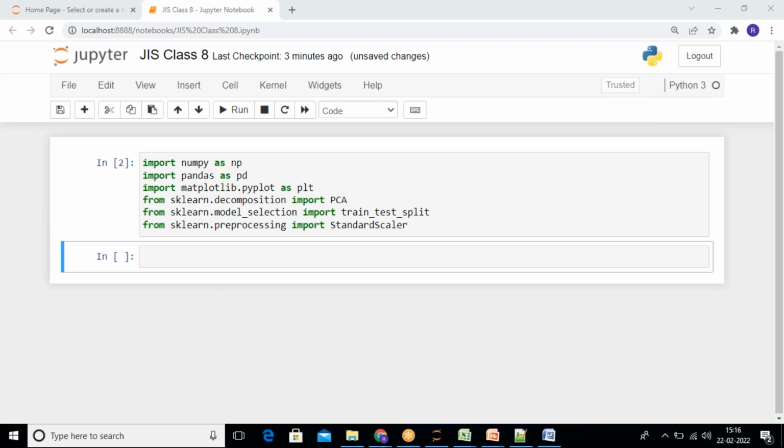So where the upper boundary and the lower boundary are well known, there you use min max scaler. If you don't have information about the upper and the lower boundaries, then simply go for standard